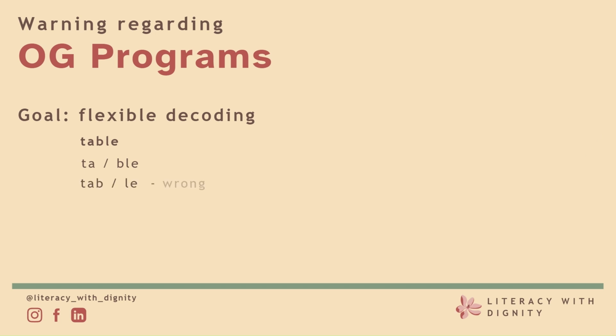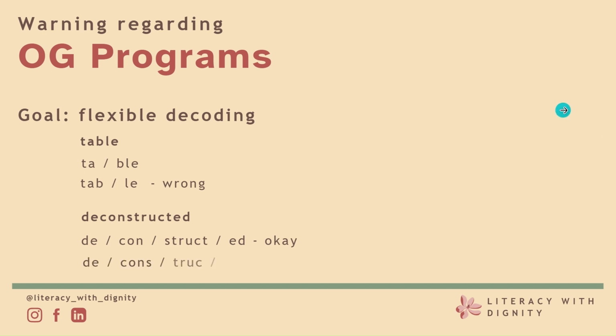That wouldn't really work. However, in a really long word like deconstructed, the proper way to break up deconstructed is de-construct-ed. That keeps intact all of the root words, the prefixes, and suffixes. However, if a student breaks it up like this, they're still going to pronounce it correctly. Deconstructed. Okay, they're still breaking it up into closed syllables while the first one is open, which we'll get to